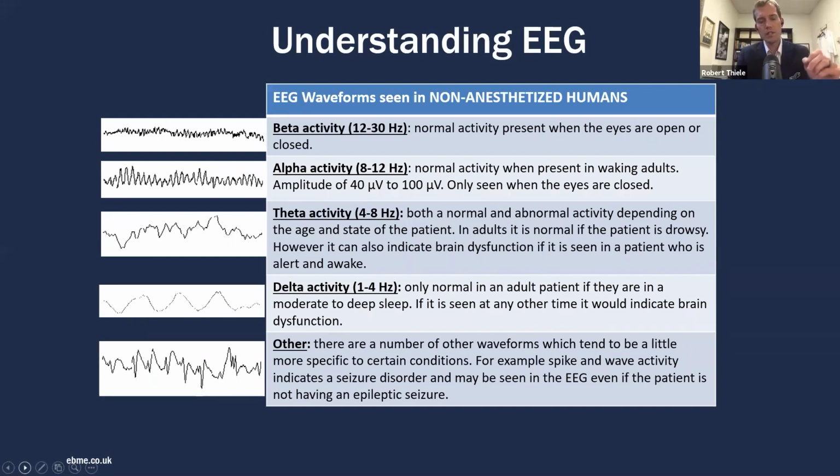So if you look at these changes in electrical activity that occur during different states in non-anesthetized humans, you can start to see patterns. And so on the left, and we'll talk about frequency analysis a little bit later, in an awake person, you see an EEG waveform that looks like this top left figure, and that's called beta activity. These sort of peaks and troughs are moving at about 12 to 30 hertz in an awake, healthy individual. If you close your eyes, you get less stimulus and you develop different EEG waveforms. And this is what's called alpha activity.